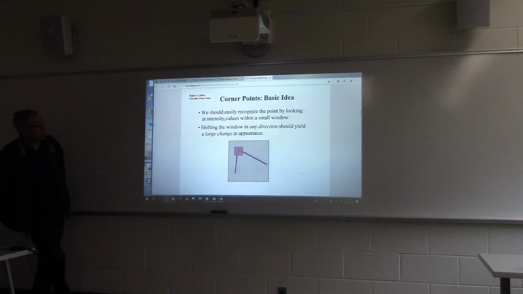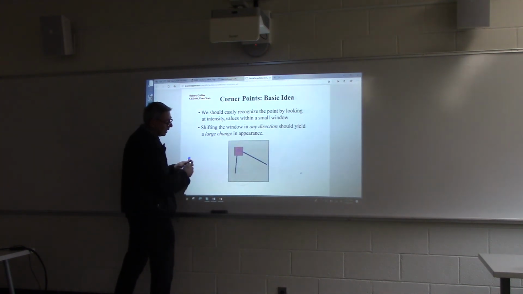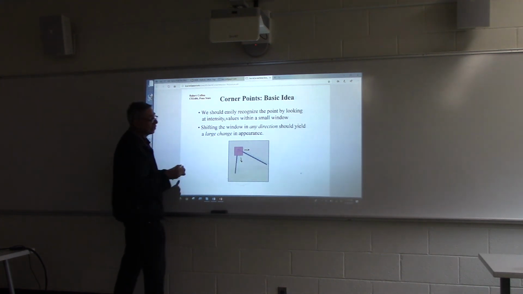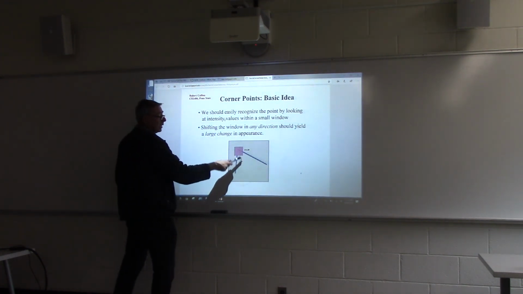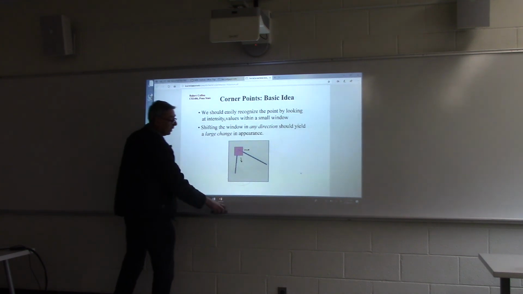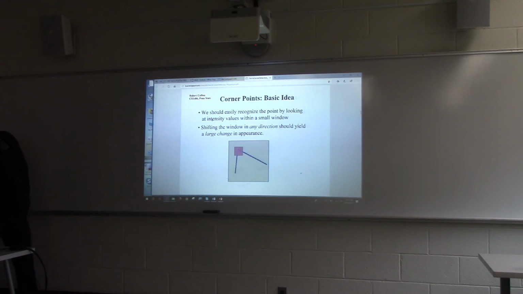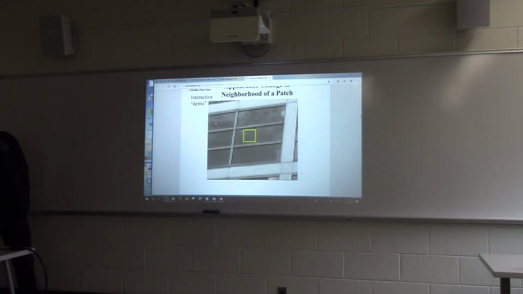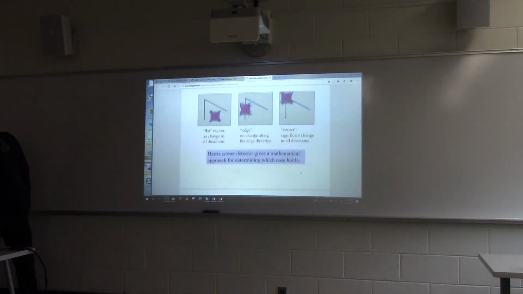The basic idea, as we had discussed before, is if there's a corner, create a small window, then move it in the x direction and y direction, and see how the gradients change. If it's a corner, then both x and y gradients will change. Do you guys agree? Yes. Okay, here obviously if we move it in any way it will not change. Okay, let's pick this